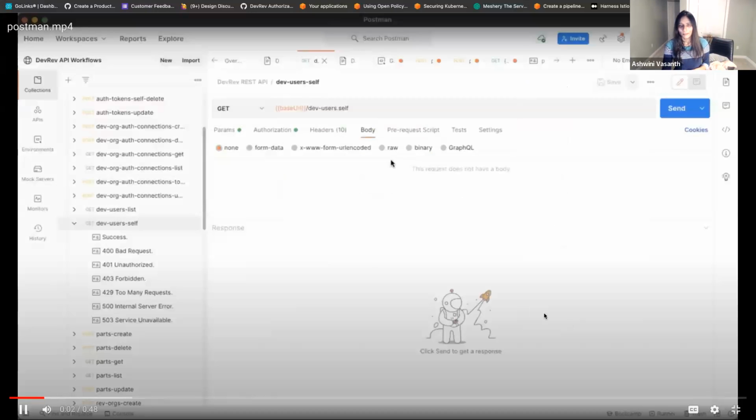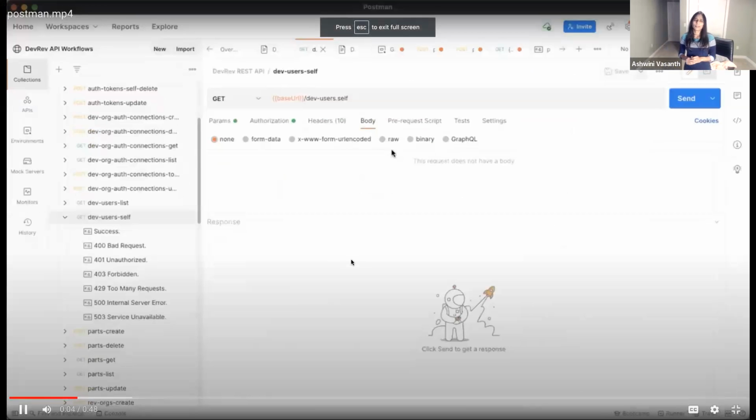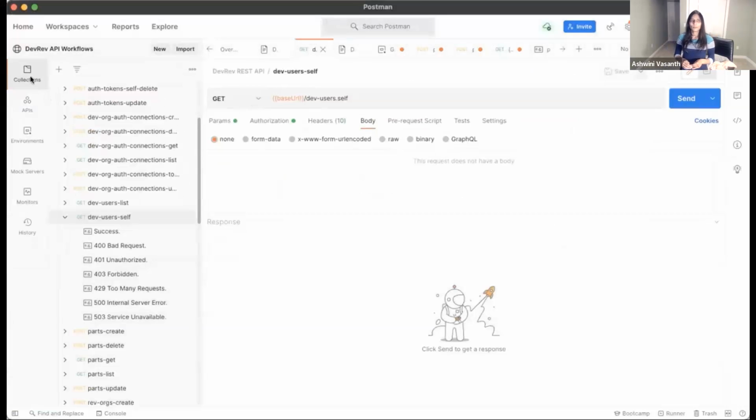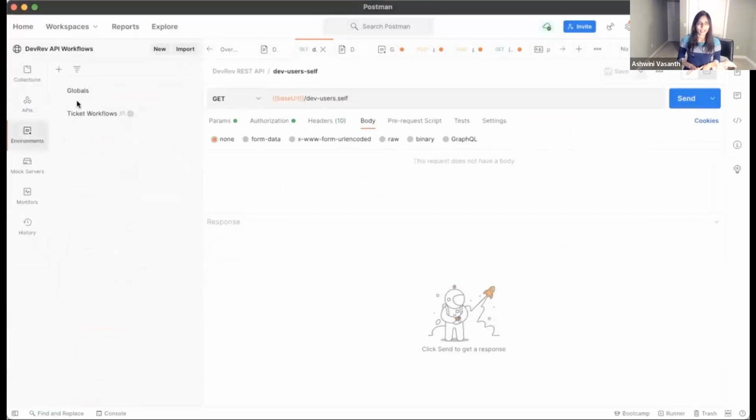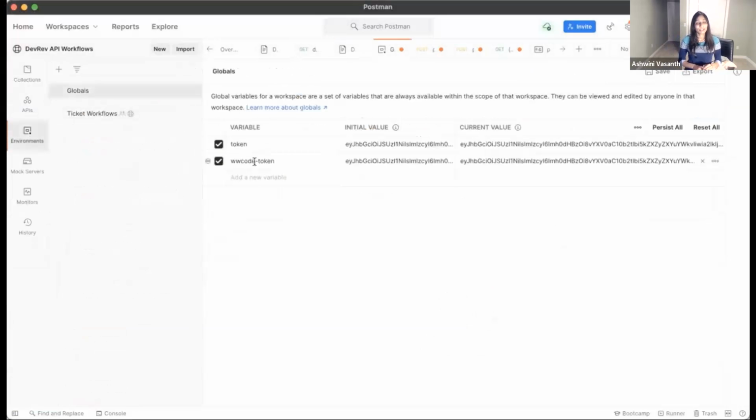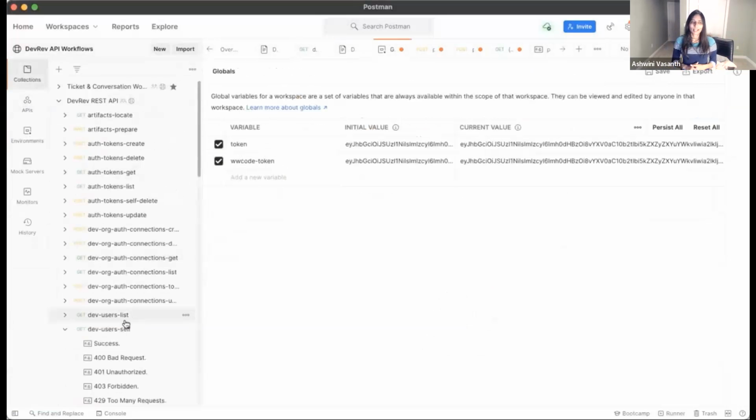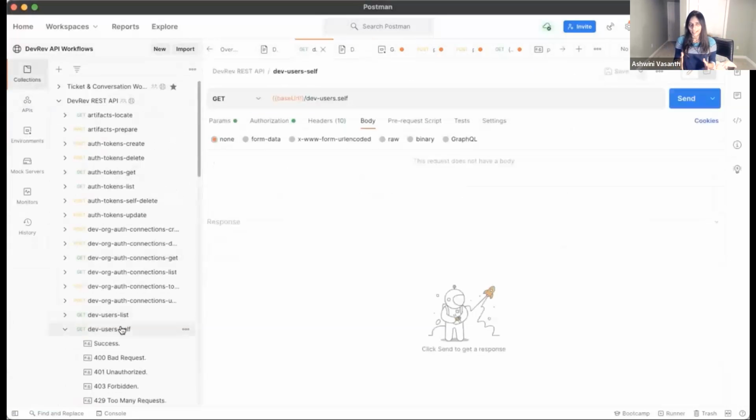And we will briefly walk through it. So you will have something called a Postman collection, which is public. It is linked again in the slides. You'll find all of the DevRev APIs there. Now, the globals over here are essentially what are called the environment settings.